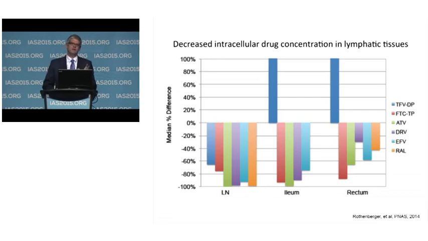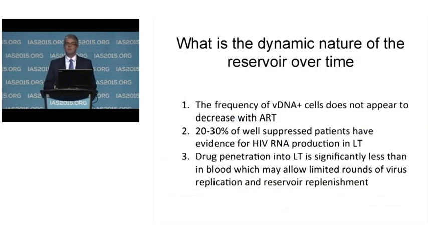So when you put this all together and you say, what is happening here? Why is this occurring? In many of these patients, we also simultaneously measured intracellular drug levels at the time of the biopsy in the tissues where we were seeing this evidence for replication. And when you compare those levels to peripheral blood for all but tenofovir, we saw that there was a significant decrease relative to blood in intracellular concentration of the active moiety of the drug in the tissues, suggesting that these drugs maybe are not accumulating in the tissues to the concentration that we think they are, but at least as